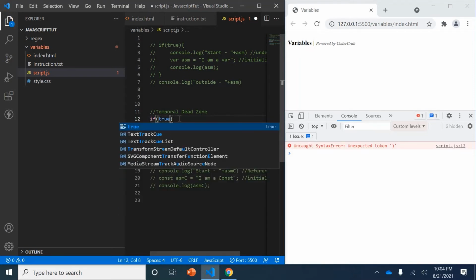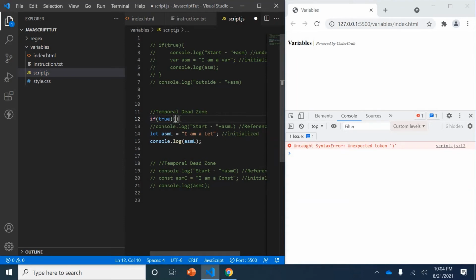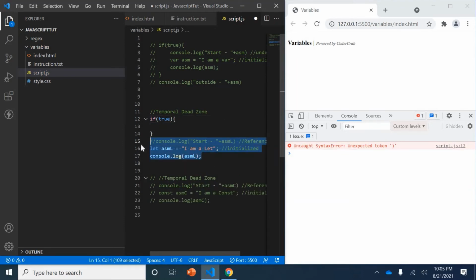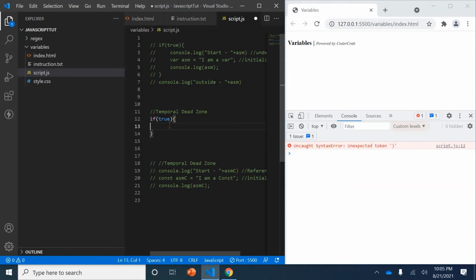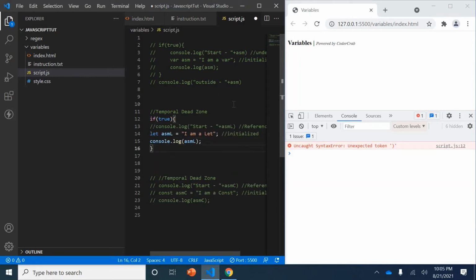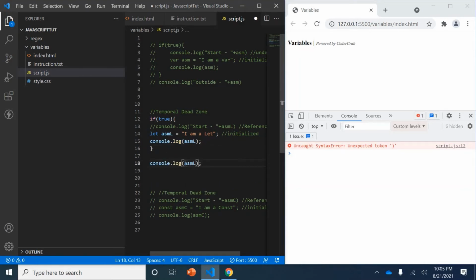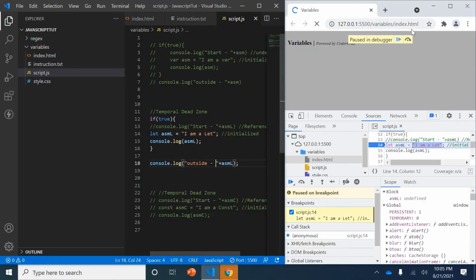Then if true, I will have these three lines, one commented here, and after that I'll again try to print it outside. Okay, so let's see.